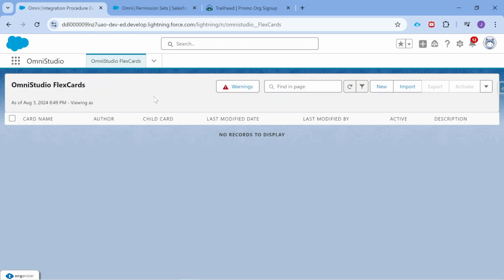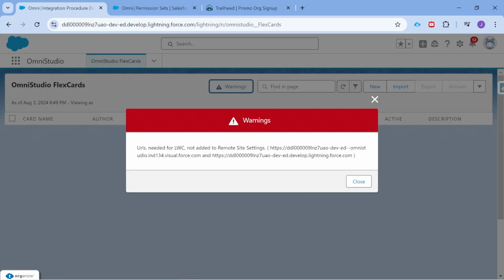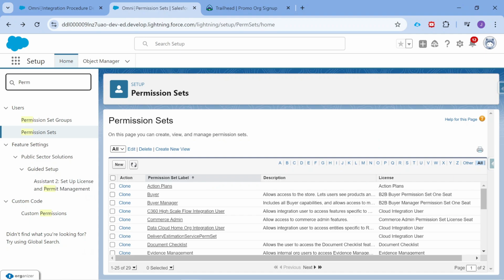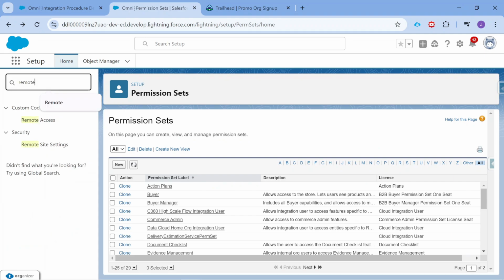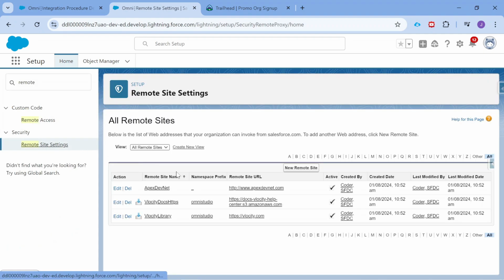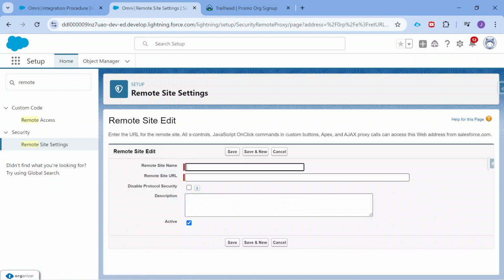Since this is a brand new org, we are seeing a few warnings here which we need to resolve right now. Once you click on that, you will see those warnings. It says that to work with FlexCard, you need to add these two URLs into the remote site settings. So let's just copy these URLs. First is this one. And here you can search for remote site settings and add a new URL here. This is the VF Omni URL,